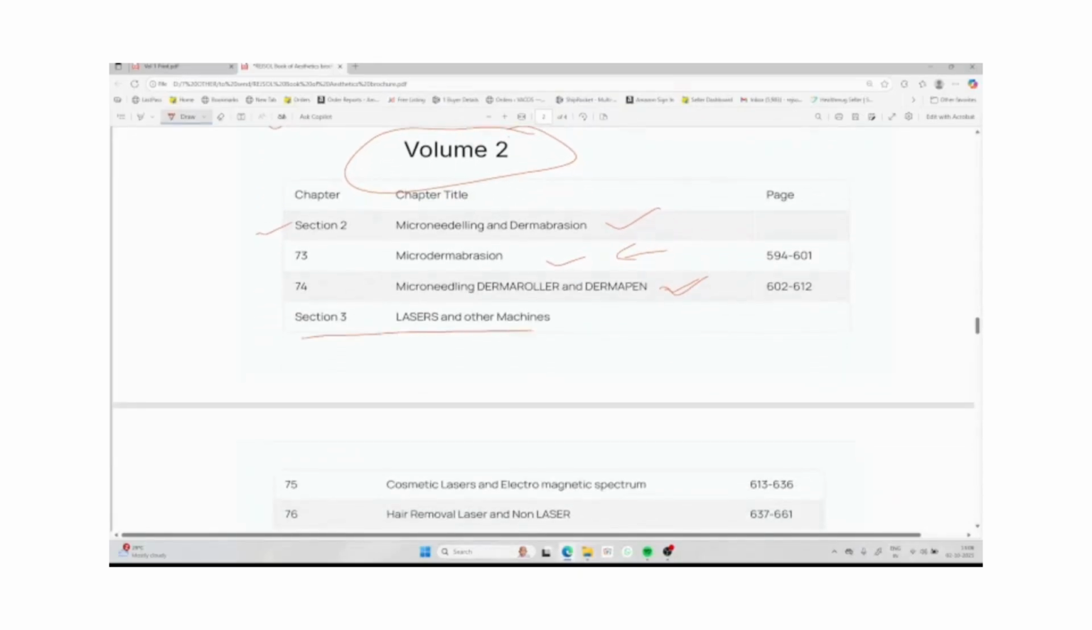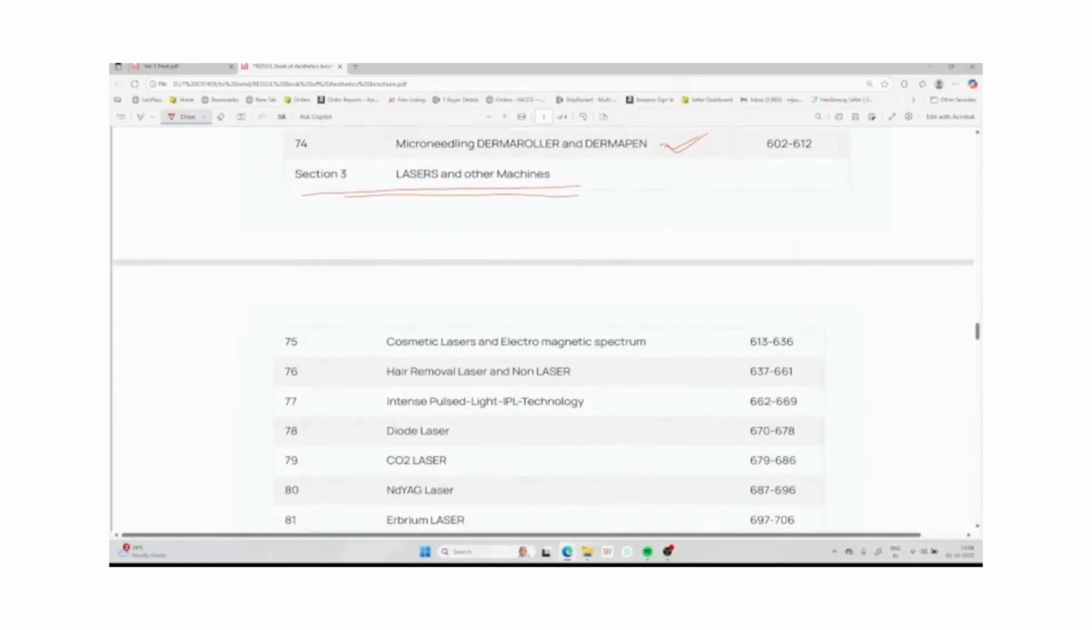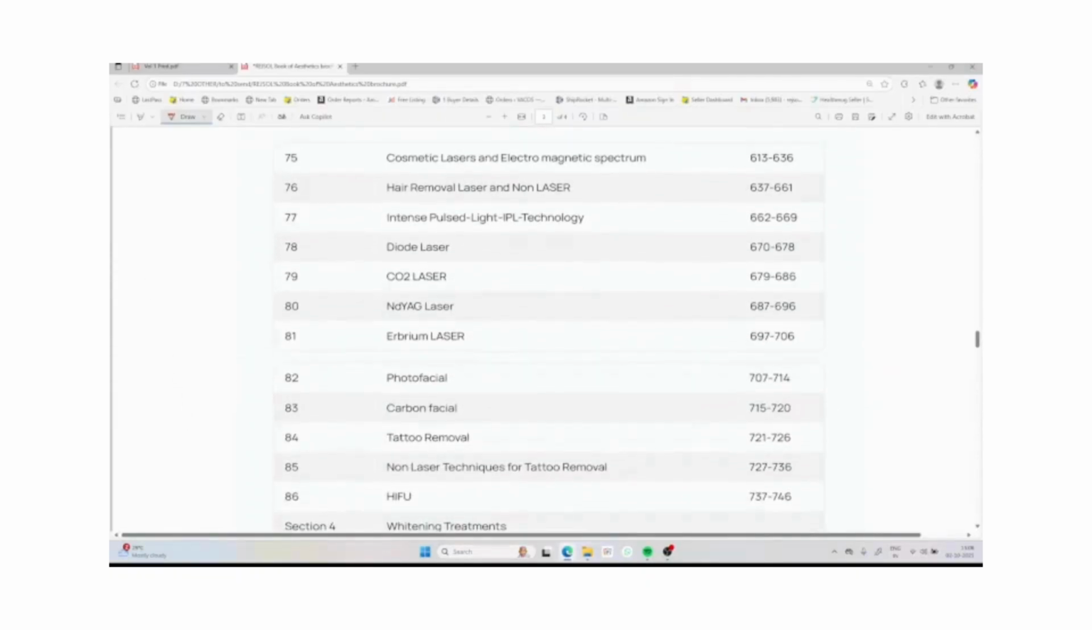Now section 3 is lasers and other machines. The lasers discussed over here are cosmetic lasers. What is the principle in this? What are the basics of lasers? What are lasers? It is discussed in detail. There are 20 pages for the basics of laser. Then specific lasers